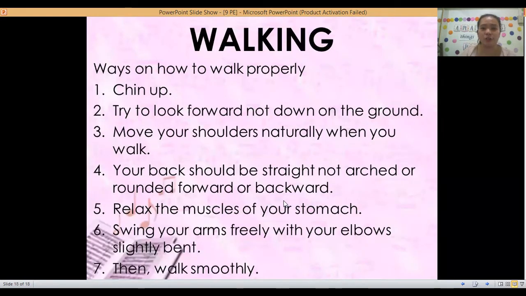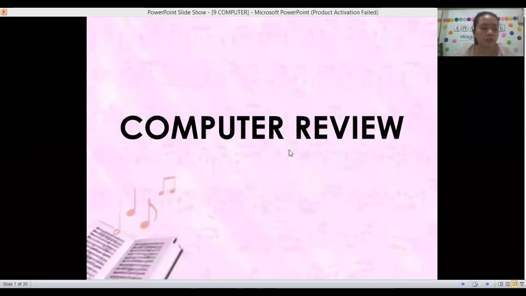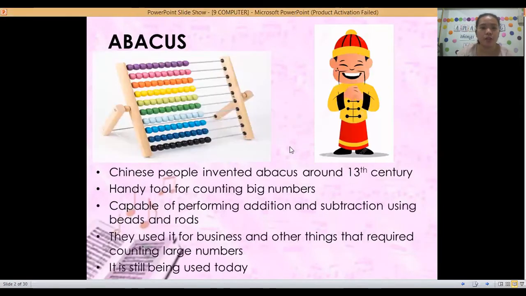So that's all for our PE. Okay. Hello, grade 2. Now let's have our computer review. For our computer, we have the abacus and the